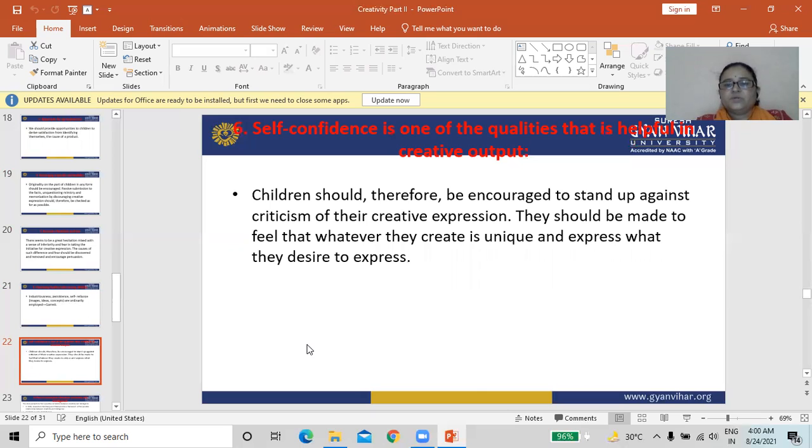They should be made to feel that whatever they create is unique and expresses what they desire to express.